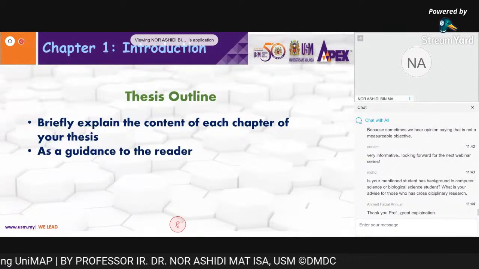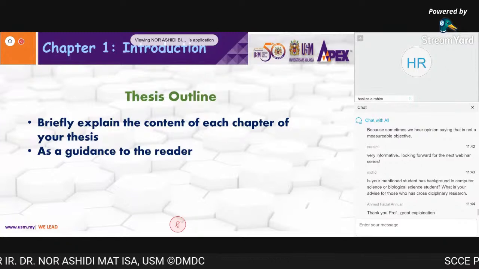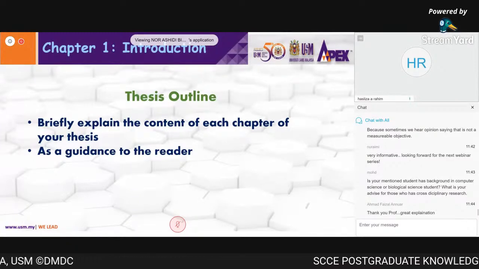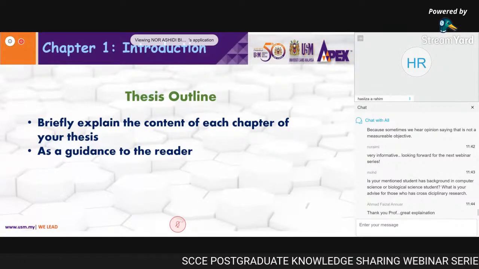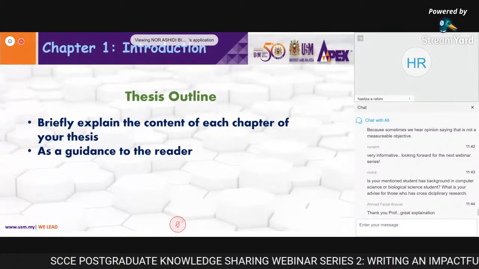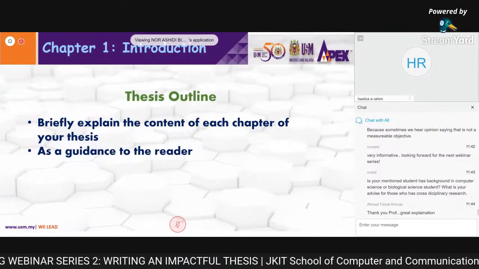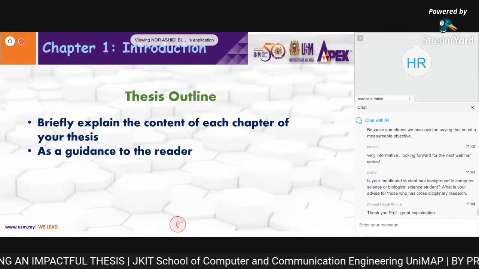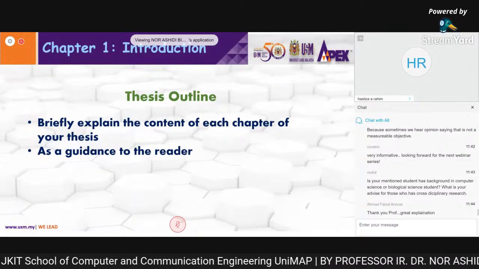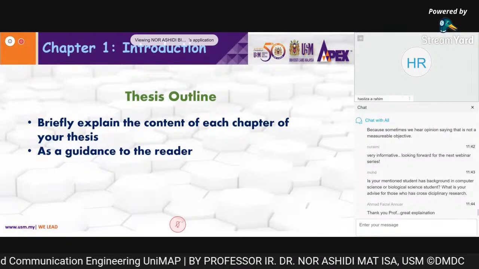Okay, thank you, Prof. So we move to the next question. About the comparison of our technique with the current technique, is there any limitation, or is choosing only two enough? For example, a student, Prof, only compares her result with two current techniques done before by Dr. Hasima Ali.